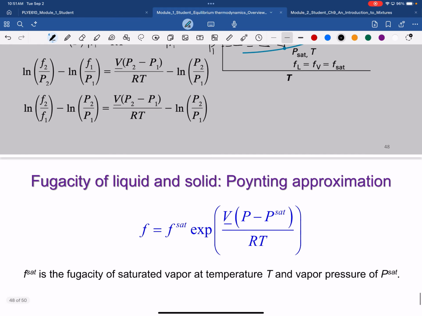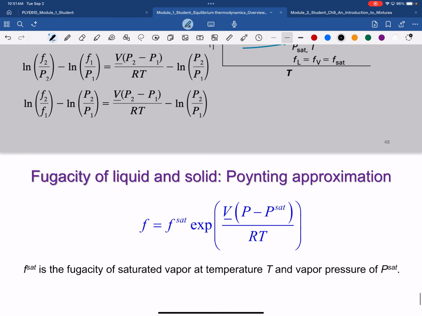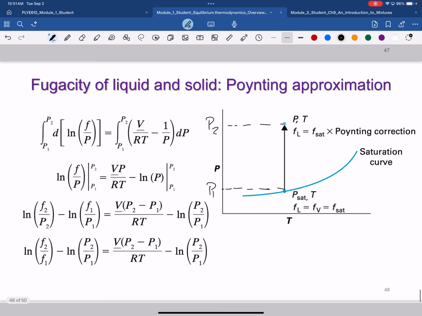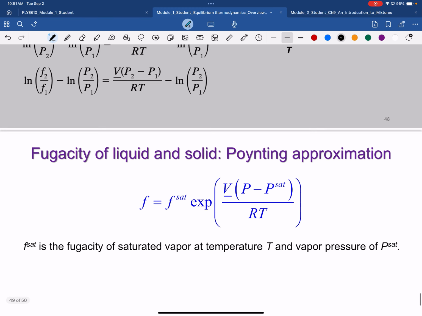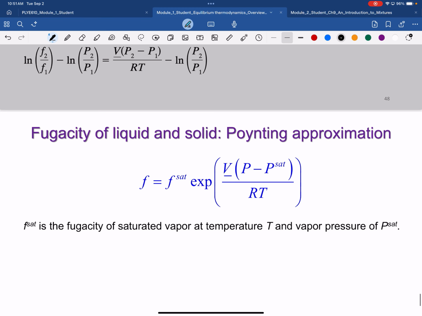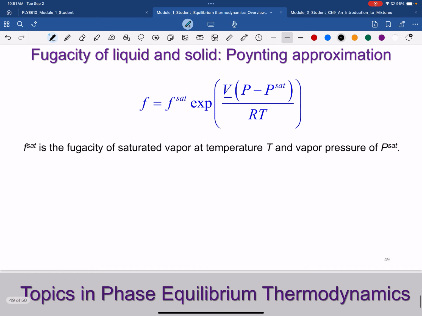At the end, combining these two logarithmic terms and incorporating the saturation fugacity, your fugacity in the liquid state is just going to be